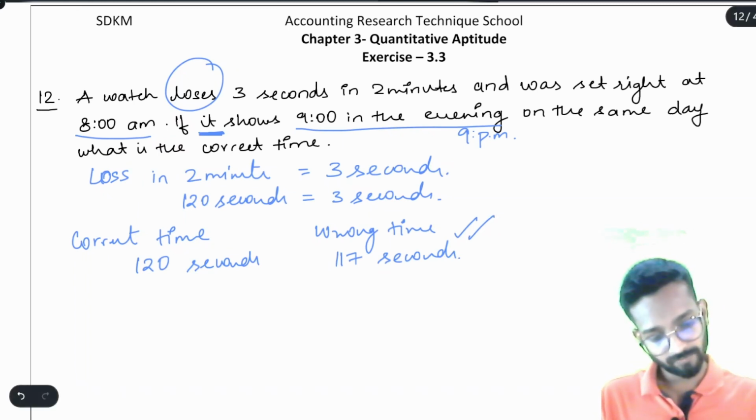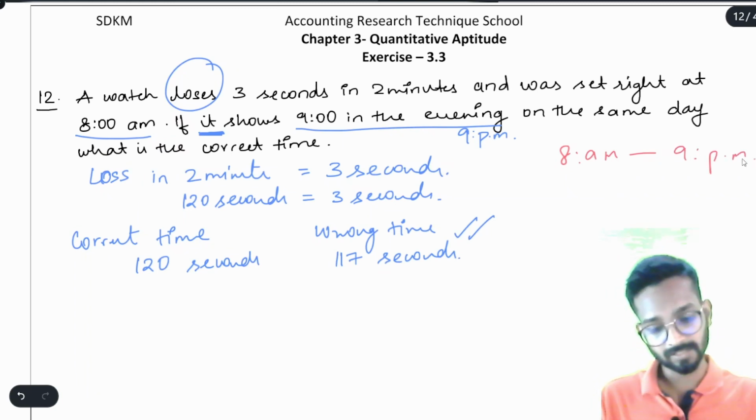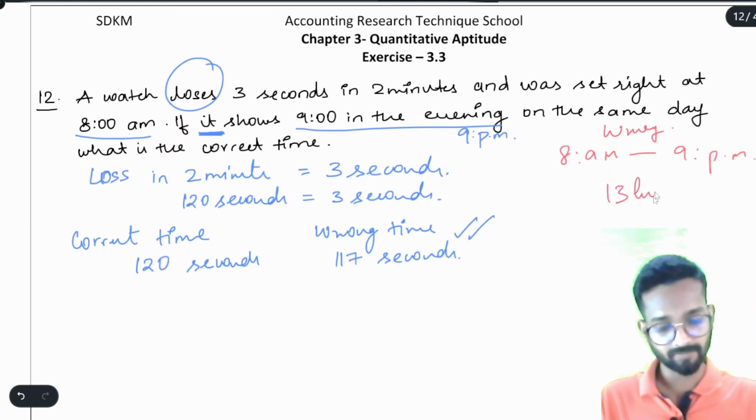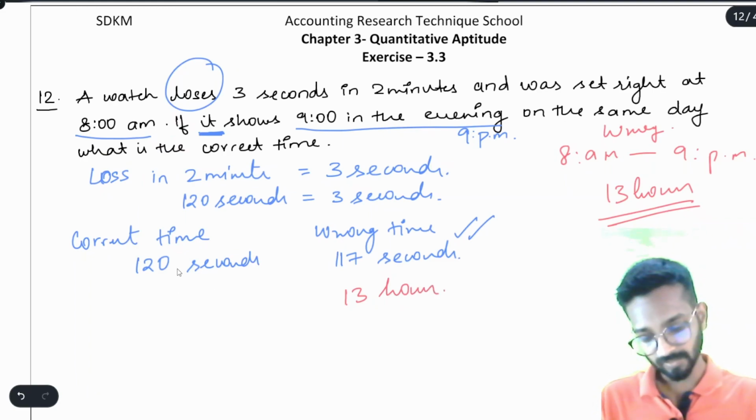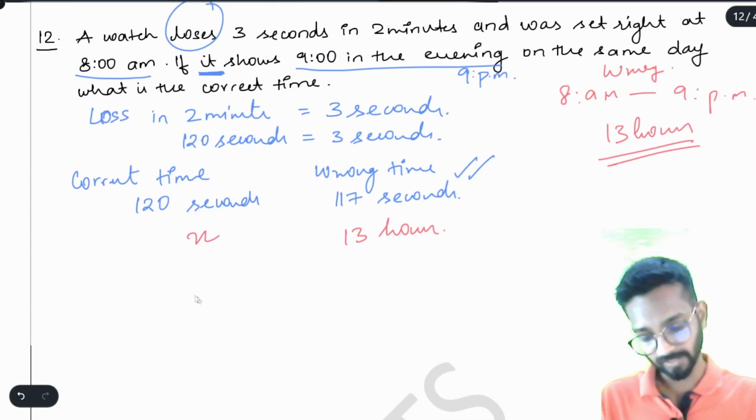Now, from 8 am to 9 pm, this is the wrong watch time. The wrong watch says that 13 hours have passed. If the wrong watch says 13 hours have passed, we can find out the correct time, that is, how many hours have actually passed. You can write it as